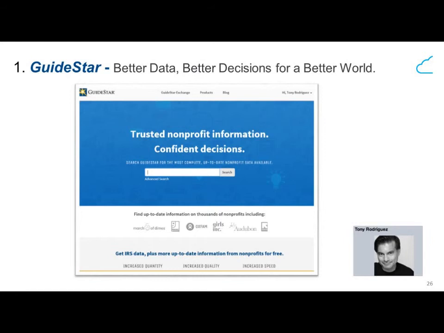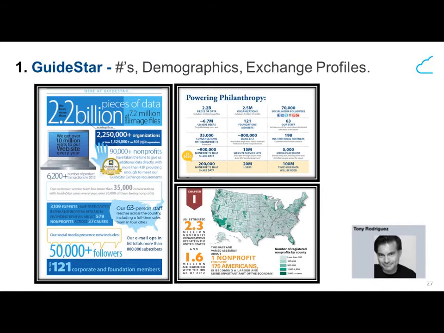I'm going to just spend 5 minutes here to introduce GuideStar for those of us who don't know it, give a little background on scaling content in the sector, and then focus on how we're using Box today and the cloud in general, and then conclude with the importance of collaboration, which can sometimes seem like a buzzword, but I'm going to try to give it a little bit more specificity.